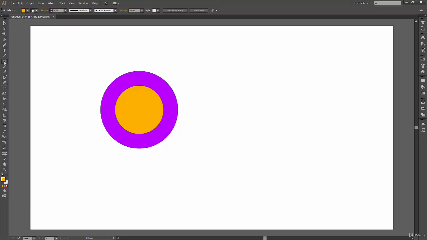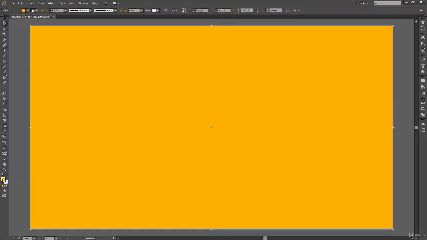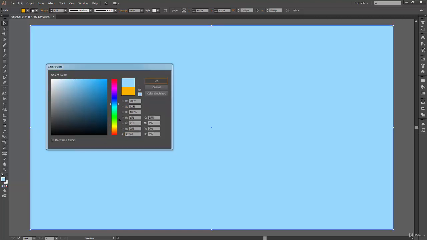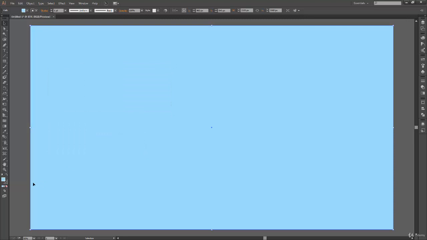Okay, and one more thing I would like to add is having a background color on this artboard. Now you will not be able to change background color of an artboard itself. So instead of that, what I'm doing here is I will create a rectangle exactly of the size of my artboard. And once I have my rectangle, I can change its color to any color I want. Let's say for this one, we'll use a color of light blue, really light. I think this one is fine. Yeah, this looks good.